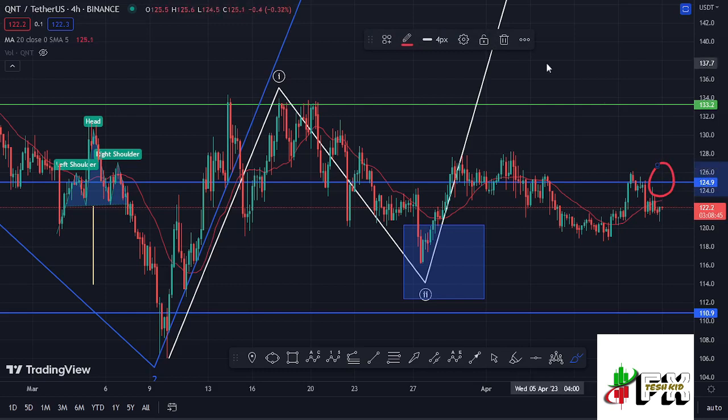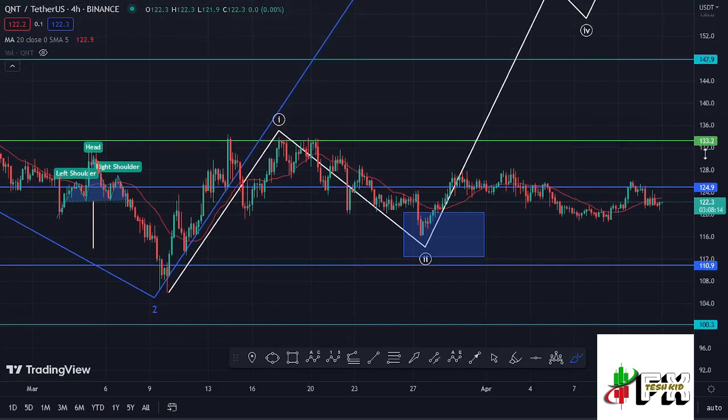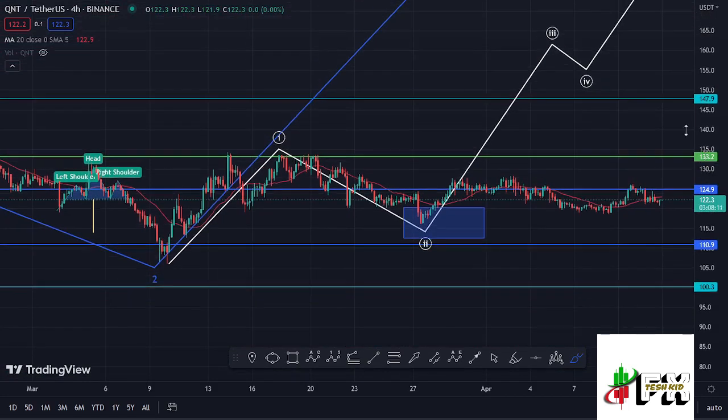We have also continued to obey the Elliott structures, where we had been seeing a bit of a breakdown to the lower side in the formation of this wave 2, in a move that has now managed to get into the minimum retracement area highlighted here on the charts using this blue target area. All this is playing out after we fully peaked in the formation of that first wave, in a move that gave us a high at around the $133.2 mark. And now my primary scenario is that whatever we are seeing at the moment is the start of an impulsive wave to the upside in the formation of this higher Elliott wave count 3 to the upper side. And before I get further into the technical analysis to give you the short-term scenarios and also give you my target areas to the upside in the formation of that wave 3,